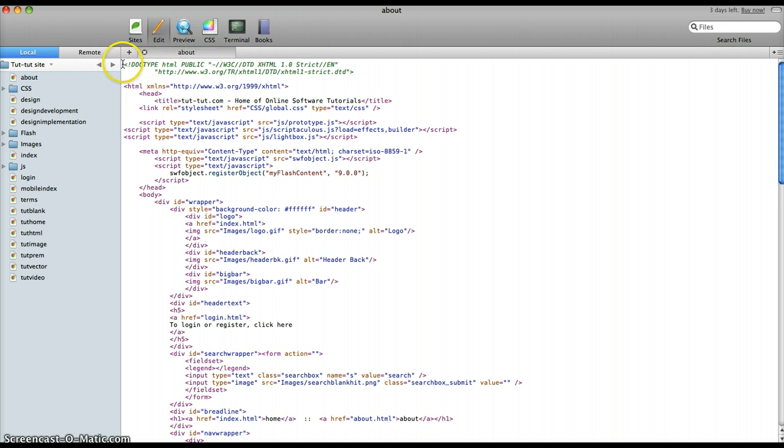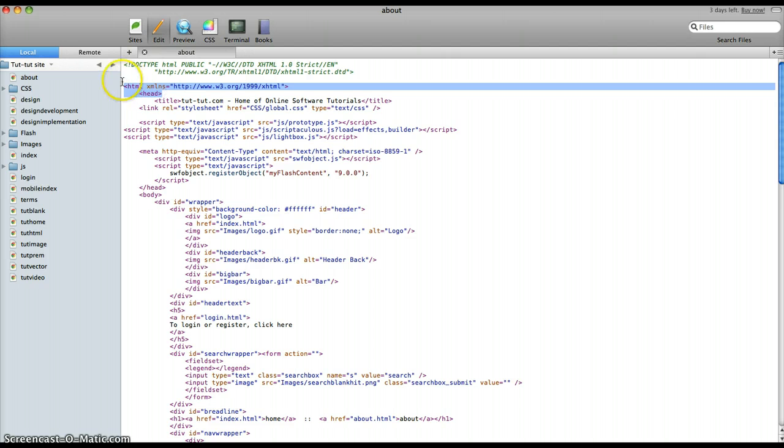So we'll start with the doc type, which is a declaration of the type of HTML file it is. In this case, we're using XHTML 1.0 with a strict doc type, which is used for validation, as opposed to transitional. Now, HTML and head are tags that are ever present, they should be in any